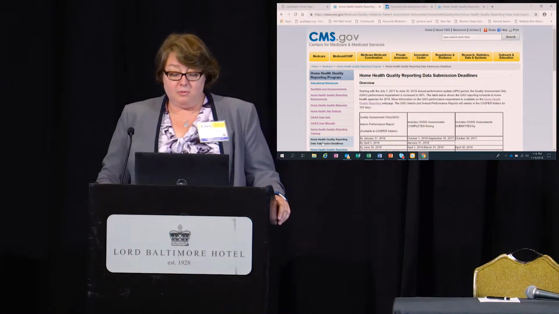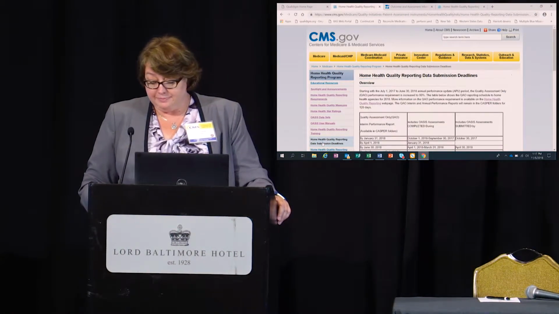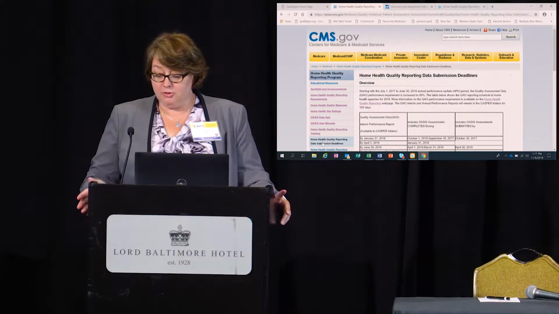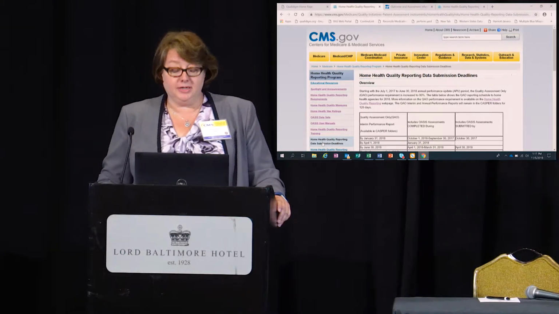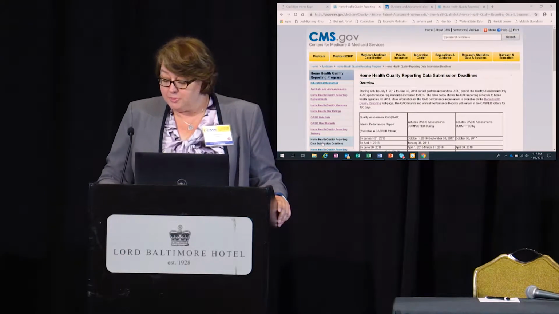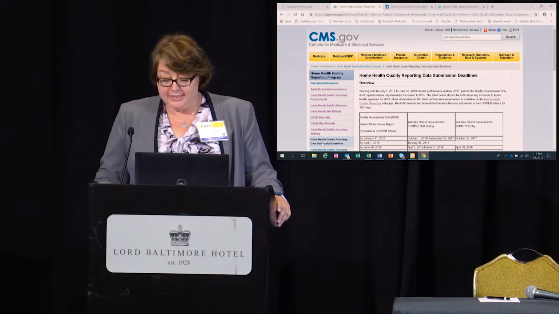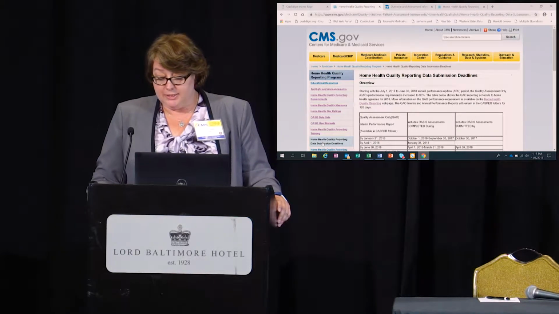The home health quality reporting data submission deadline. We all need to know about deadlines. Which ones are related to data submission is critically important to ensure that each of you have a plan for accurate and timely data submission. This page provides you information on where your data needs to be submitted and when you can see that data